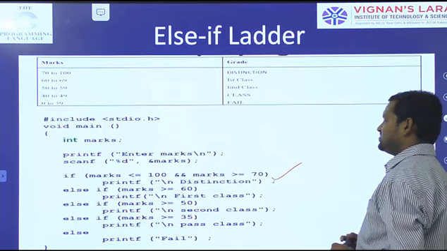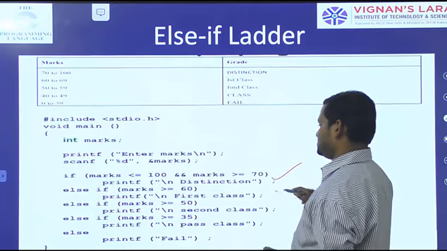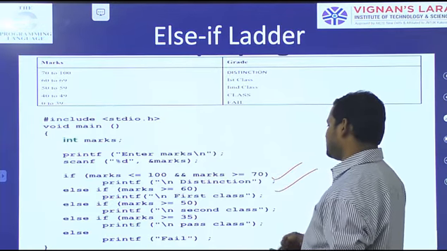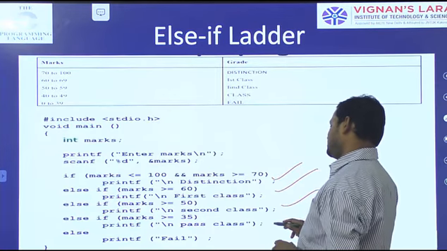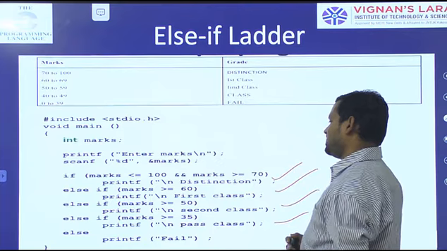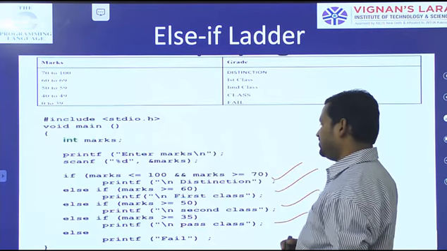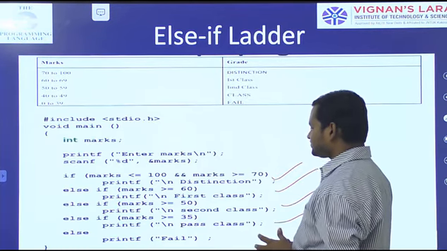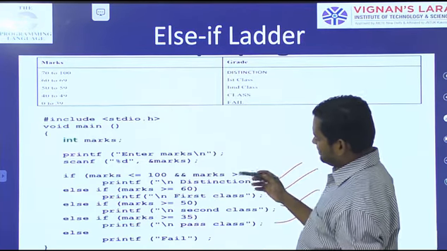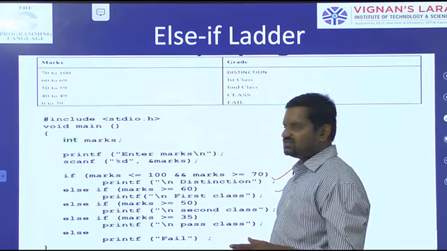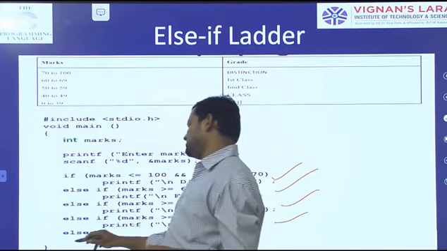If the marks are greater than or equal to 60, first class. Greater than or equal to 50, second class. Greater than or equal to 35, pass class. If the marks are not in between 70, 60, 50, 35, it automatically prints the else statement.